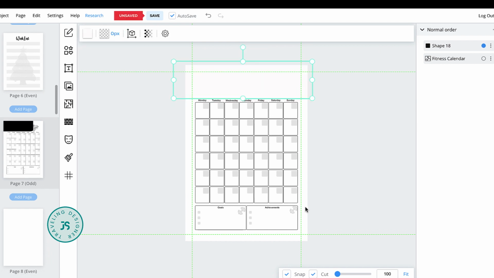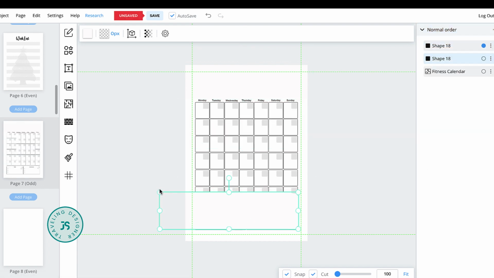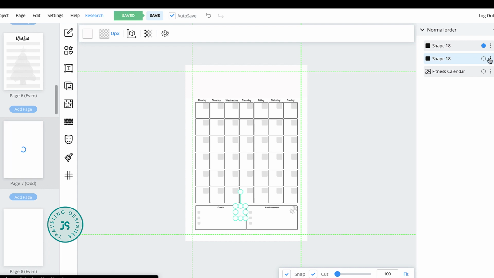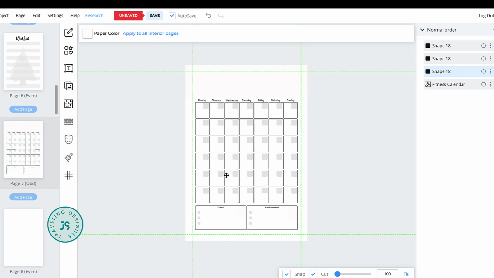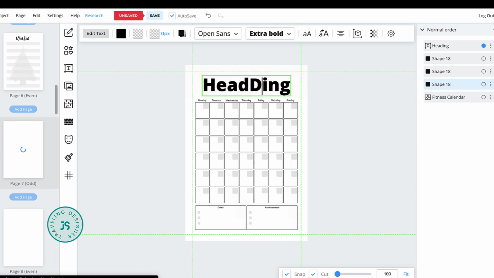All right, so we don't want these dumbbells here as well, so what we can do is duplicate this shape. Now go ahead and resize this. All right, there you go. So this is the shape. This we duplicate again and drag this to the other side. All right, there you go. Now we can put our own heading. Okay, we can change this to December. Maybe we can put